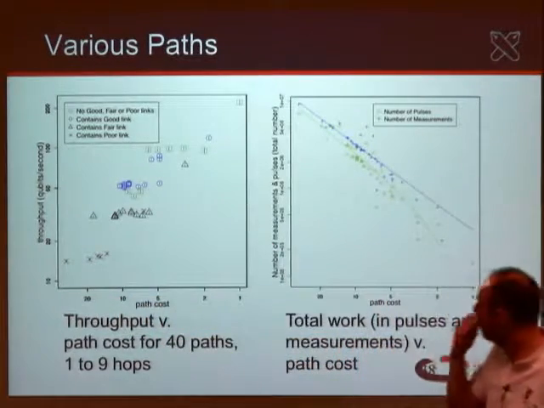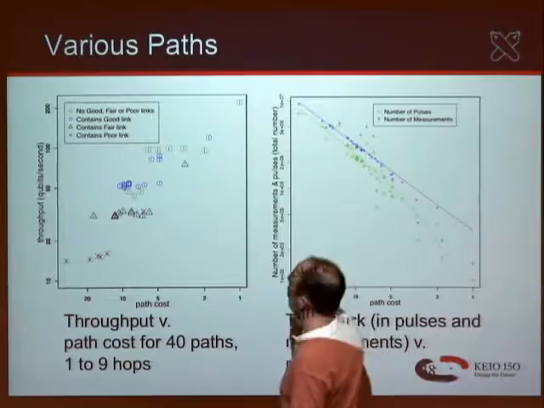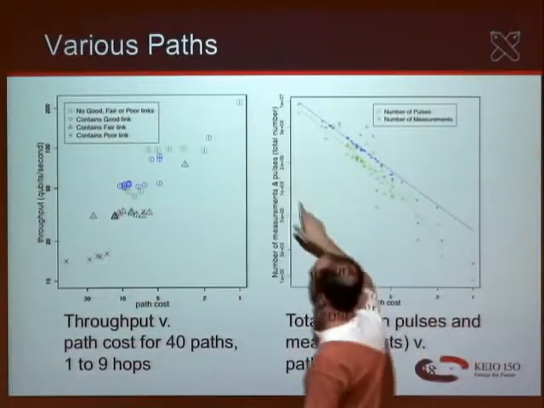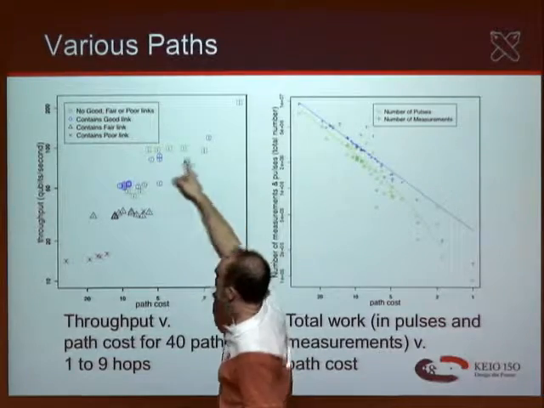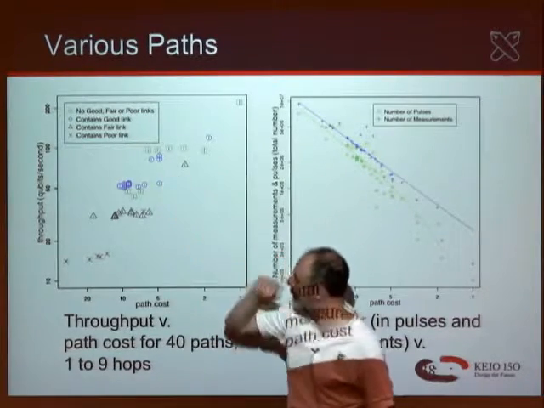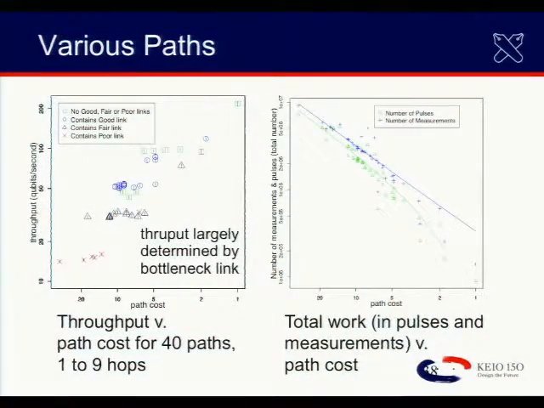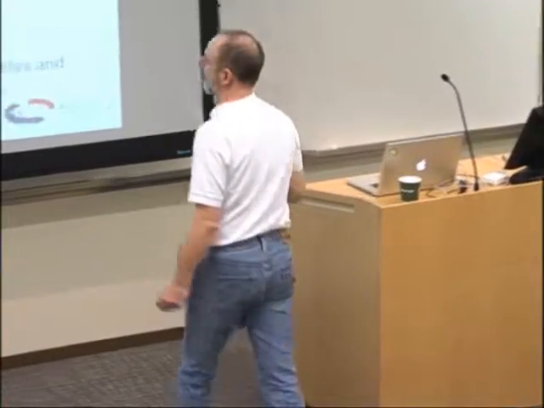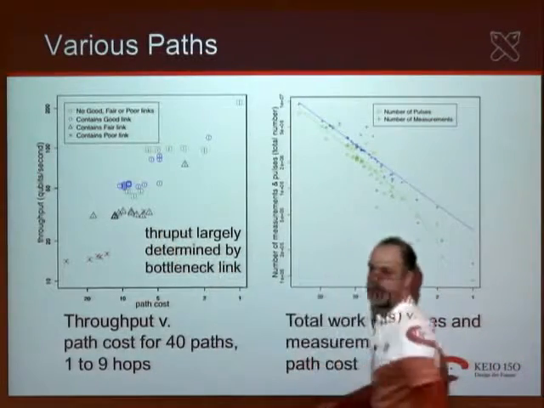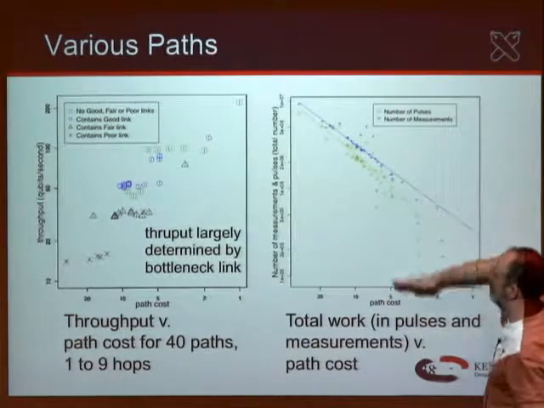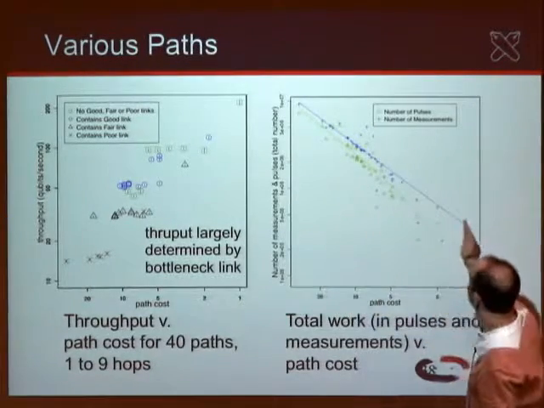Okay. The different colors of marker here, these with the red X's are all paths that contained one poor link in the overall system. The green ones were paths of different lengths that were all the best quality paths, and you can see this relationship here. They tend to group according to the bottleneck link, which in terms of throughput is the way a classical network actually behaves. So in terms of throughput, we're seeing something that looks a great deal like what we would expect in classical systems. That's reassuring.